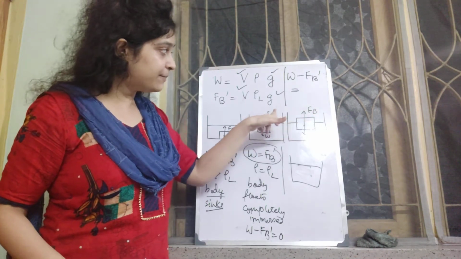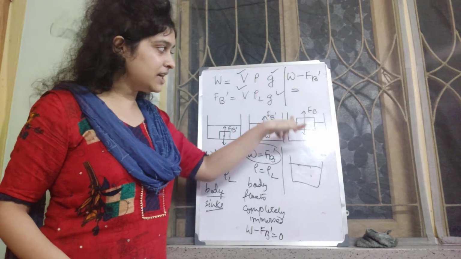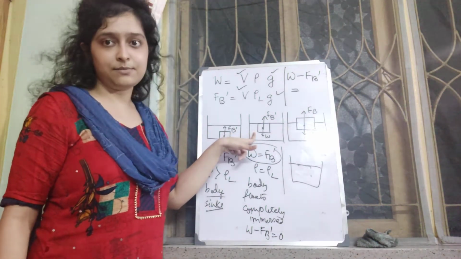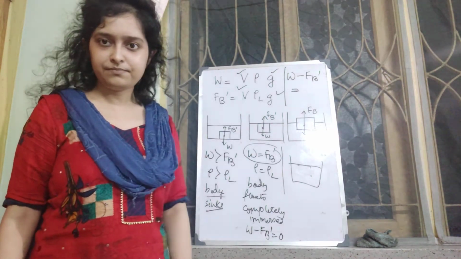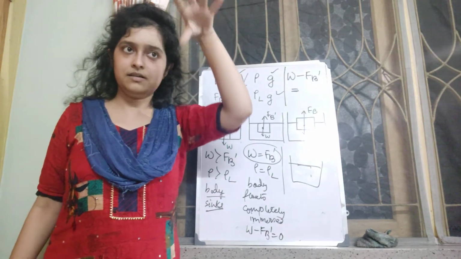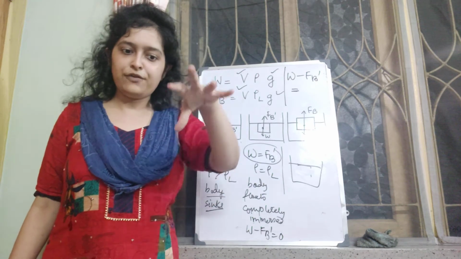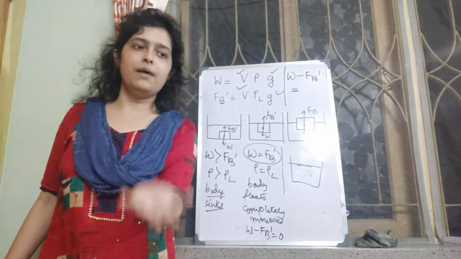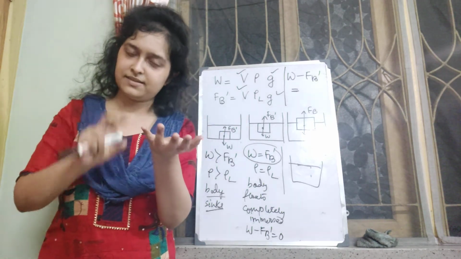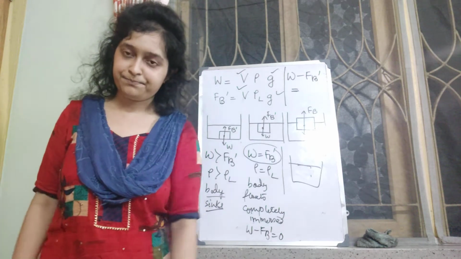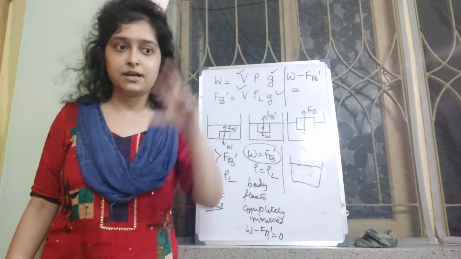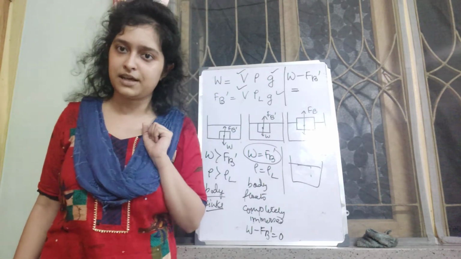I've written FB, not FB dash, because in this case it's partially floating, see? So the upthrust is not maximum. Here the upthrust is maximum because it was completely immersed. So when you actually try to dip the mug inside a bucket filled with water, you find that when you release your hand, it will come up to the surface like it initially was, and it will start floating with the partially immersed part of the mug. That means the upthrust of the water was the maximum upthrust when the mug was completely immersed inside the liquid.